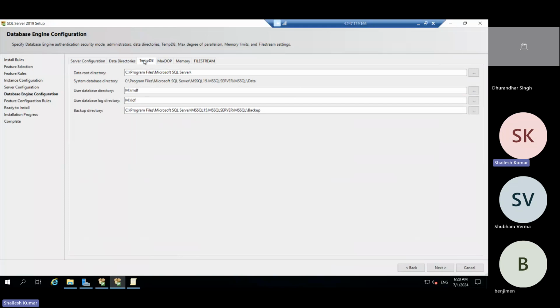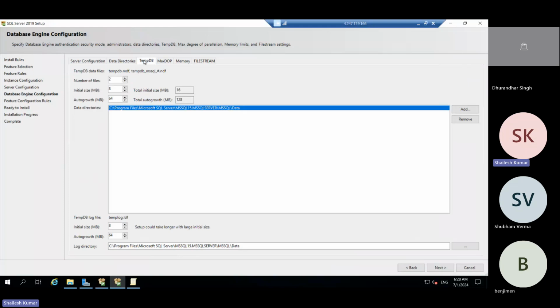Next is tempdb. It says that as per your logical CPU cores, we need data files for tempdb, with an initial size of 8 MB for all the data files. We have two cores, so it could create two data files, but we can create just one by default.